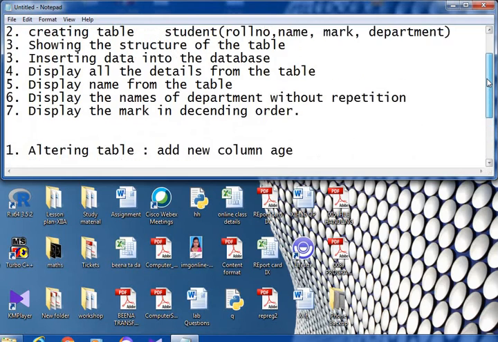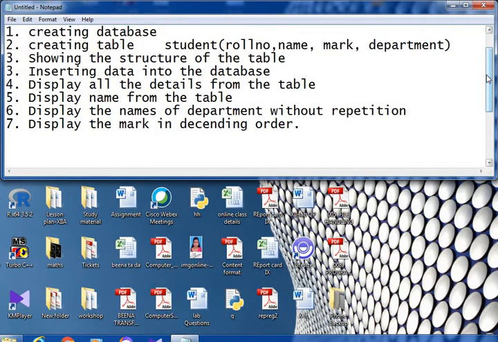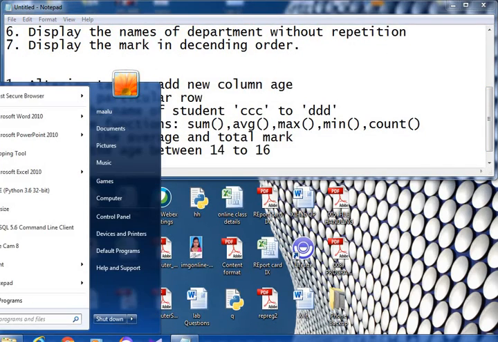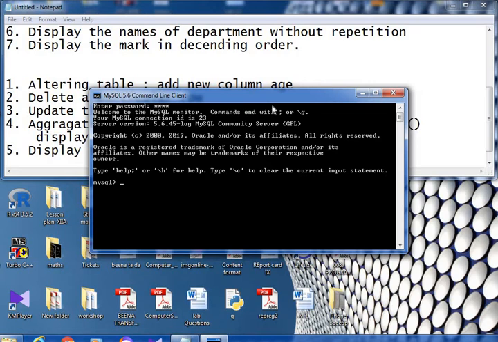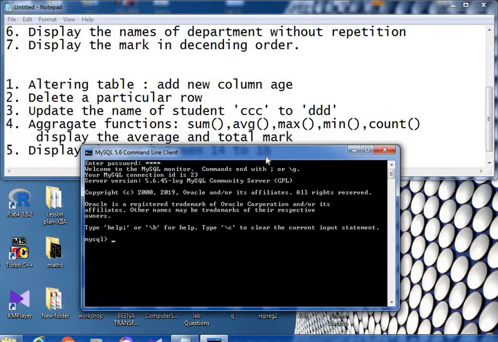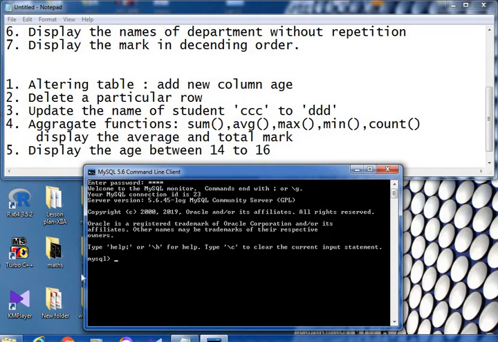In the last lecture we created a table. The name of the table is student and the name of the database is class. So here we are going to start. First open the MySQL command line, enter the password. We already created the table and database, so we just have to select the database.